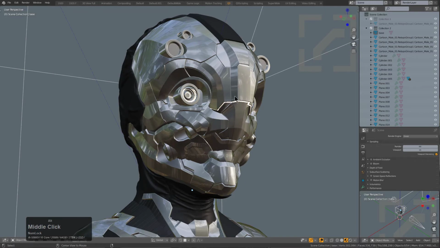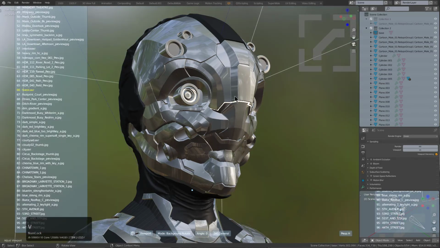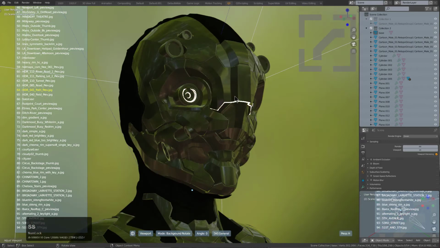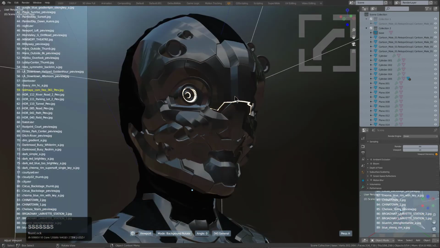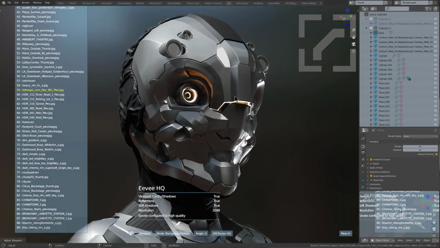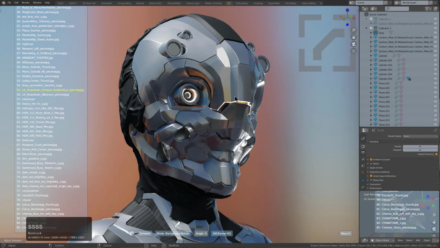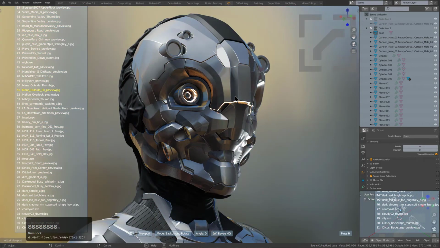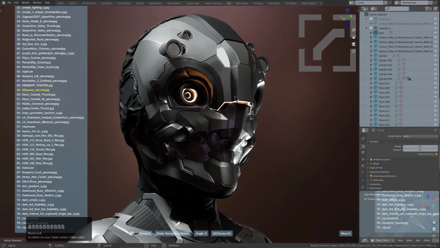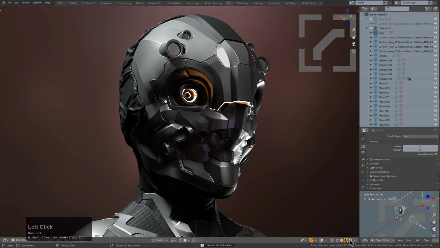However, I do love being able to press Alt-V and then V again, and then switching out the environments till I find something I like, and then wondering, something's missing from the way the shading is looking, and then pressing W in order to jump to EEVEE HQ, and then seeing all that local reflection goodness instead of having to go into preferences and turn that stuff on. So once I have something I like here, I can press R, click, and this is my render result